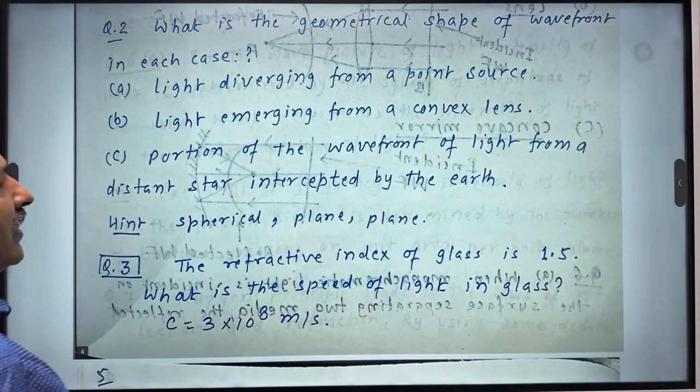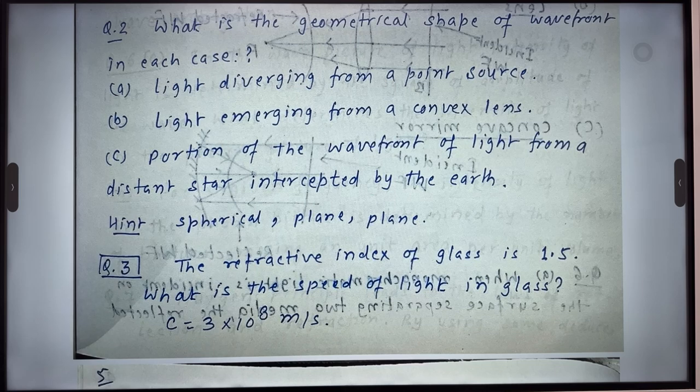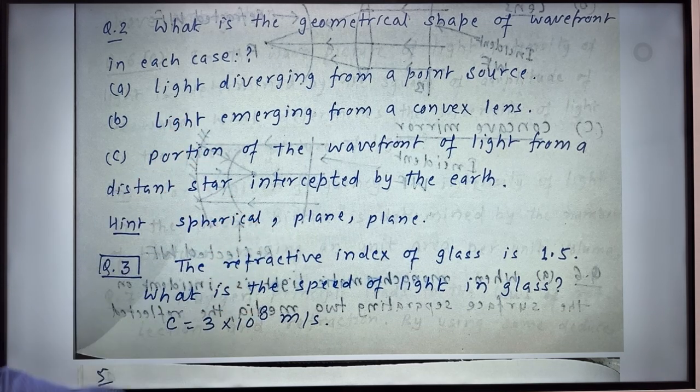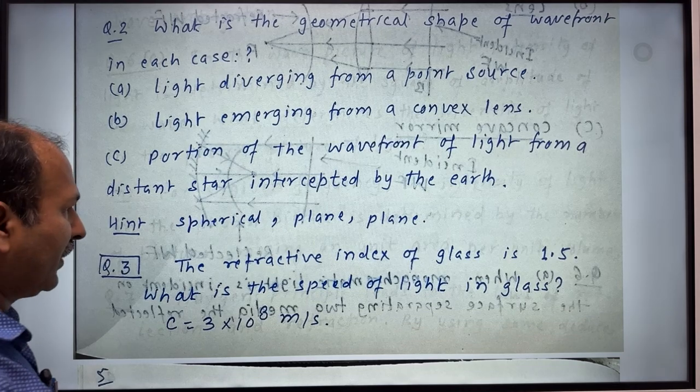Okay, then consider a portion of the wavefront of light from a distant star. If light is coming from a distant star, definitely the rays will be parallel. And if rays are parallel, in that case, we get a plane wavefront. We have already studied these concepts. That is why I am not drawing the diagram. Now,